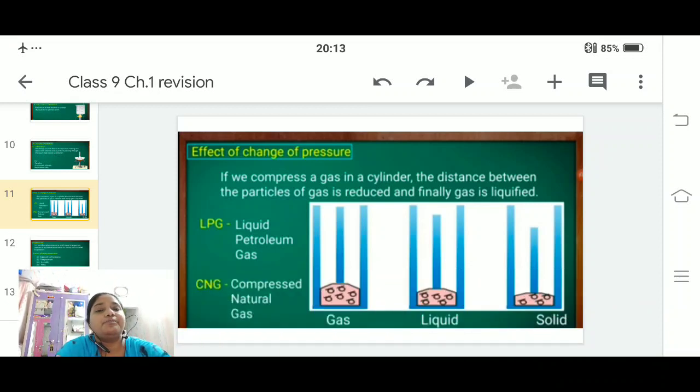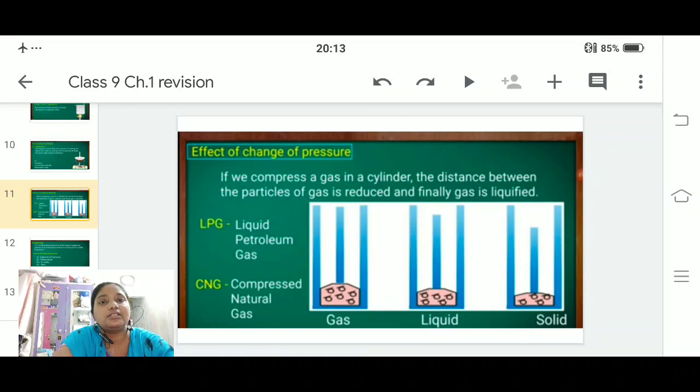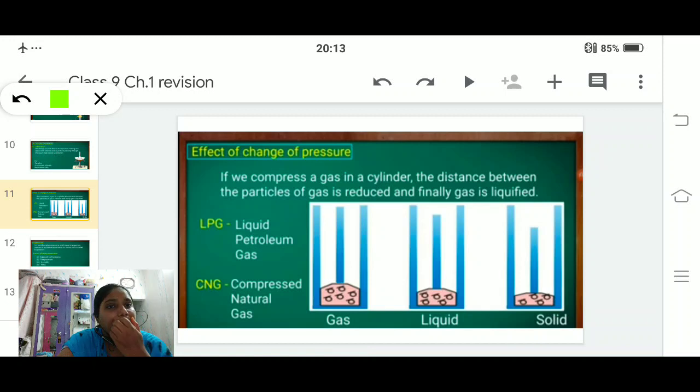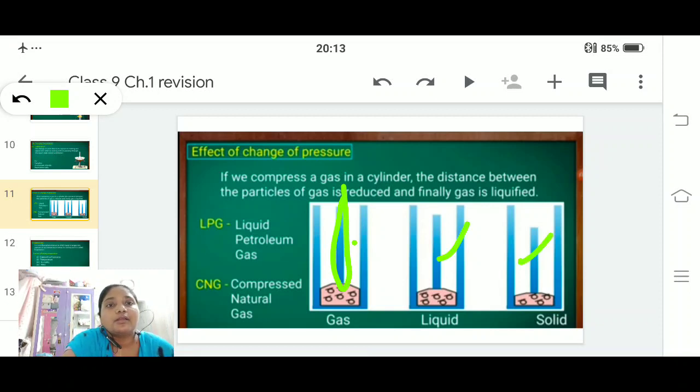Effect of change of pressure. Here you can see there are three diagrams: gas, liquid and solid. If we compress a gas in a cylinder, the middle line you need to observe, the distance between the particles of the gas reduces.